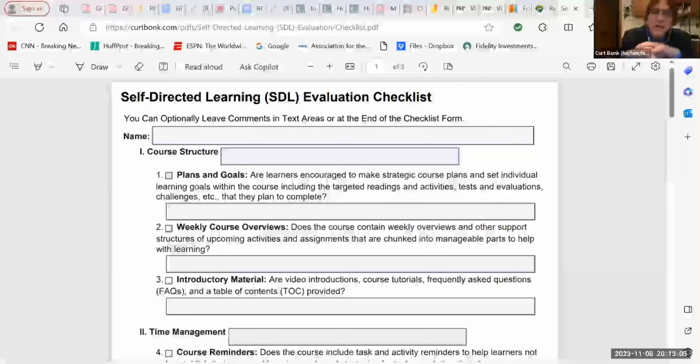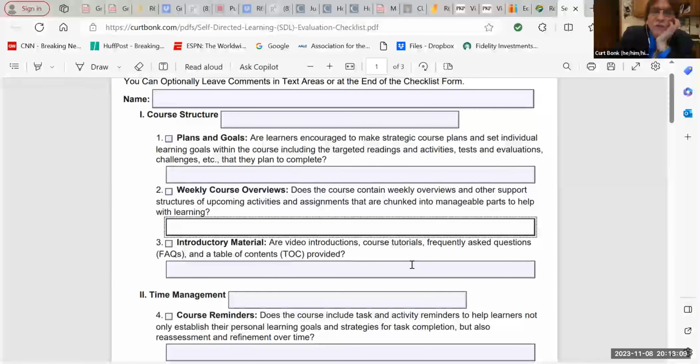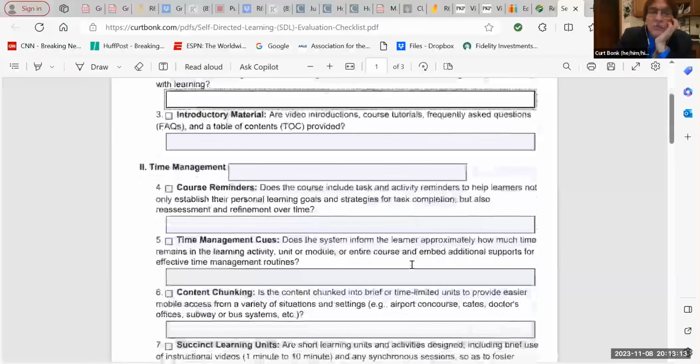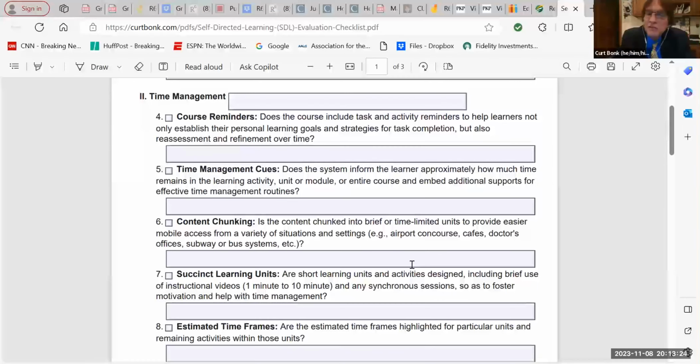So we developed a checklist for self-directed learning, looking at the course structure, the plans and goals of the course structure, the weekly course overviews and introductions, time management, are there reminders within the course, and back to introductory material, are there video introductions, frequently asked questions, table of contents? So these are all aspects of the environment that's being designed that fosters self-directed learning.